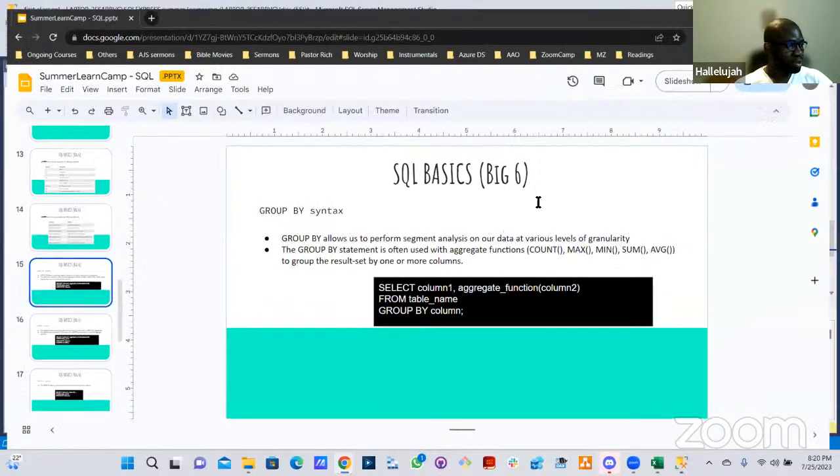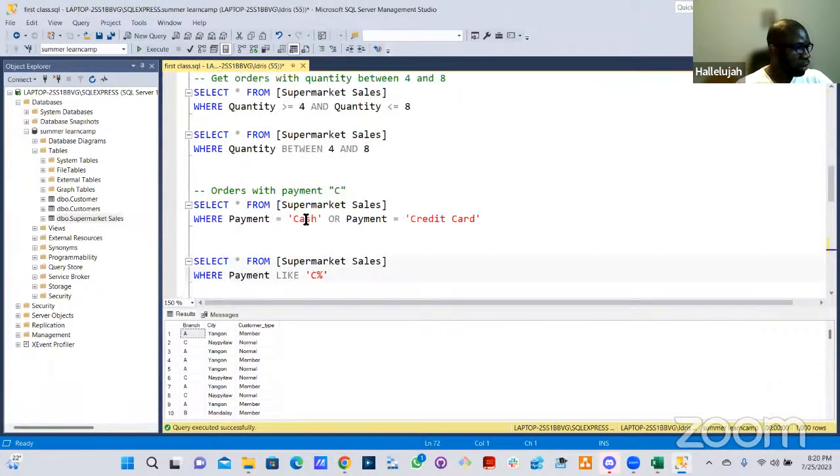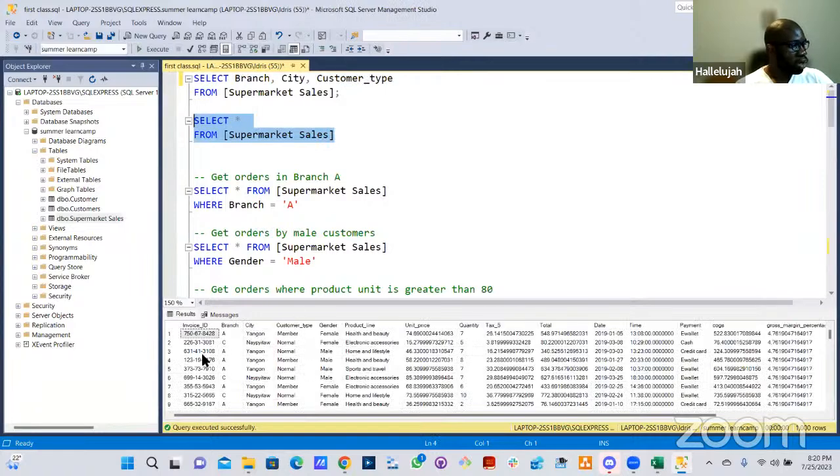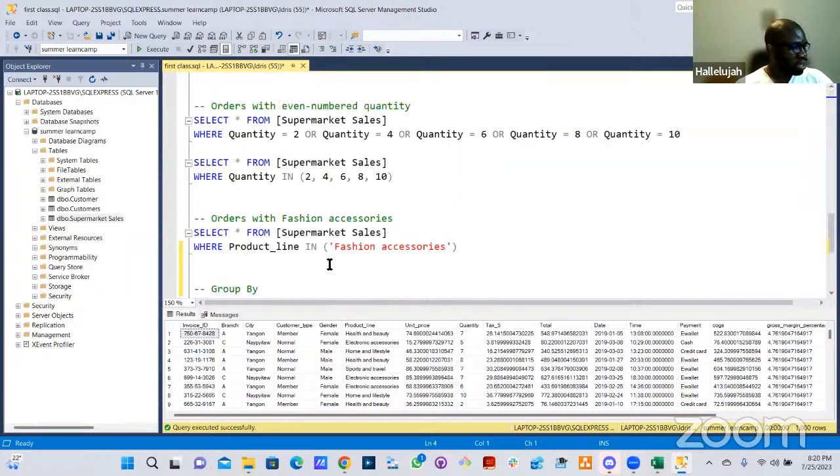So let's write code. Let me first run everything. Let's see all the results that we have. So we have all of these things, right? So let's assume I'm interested in knowing